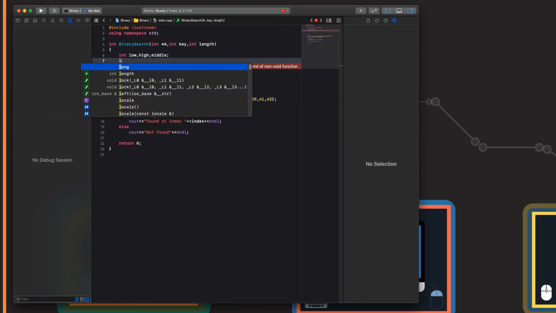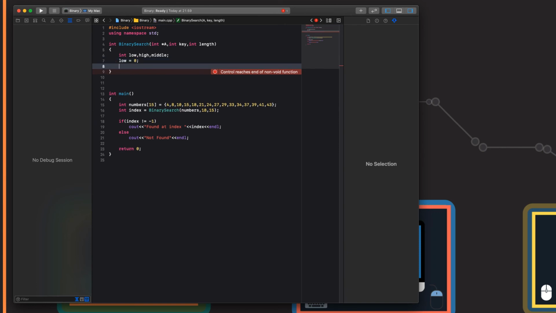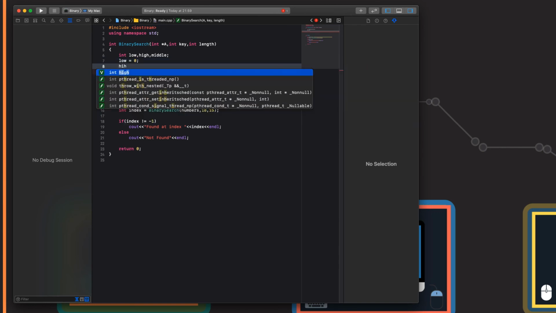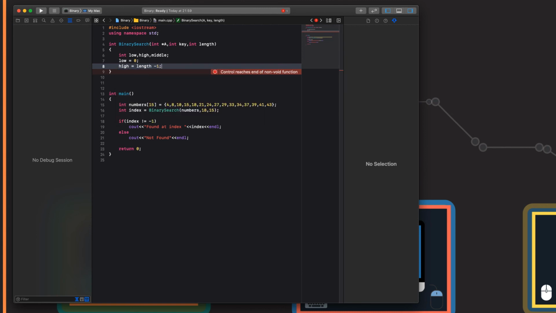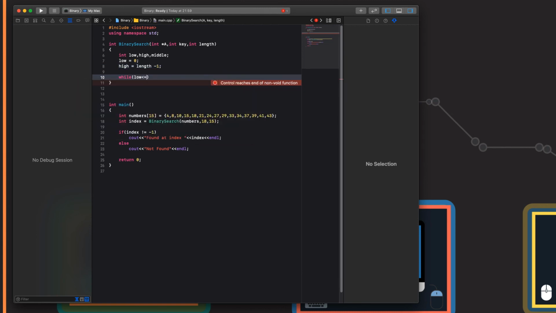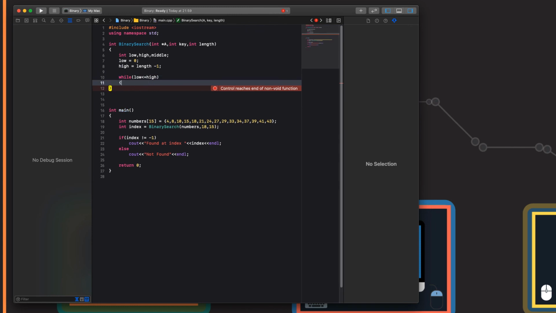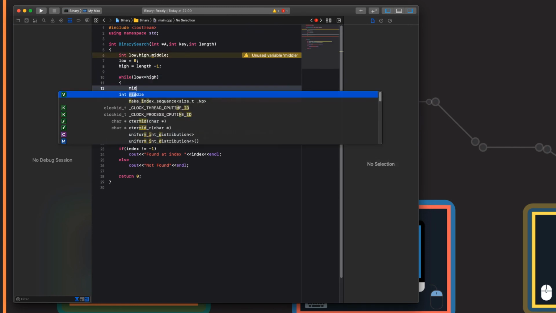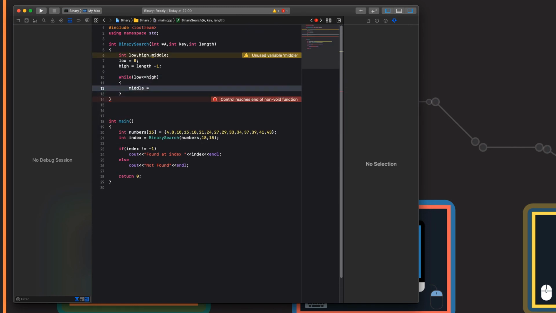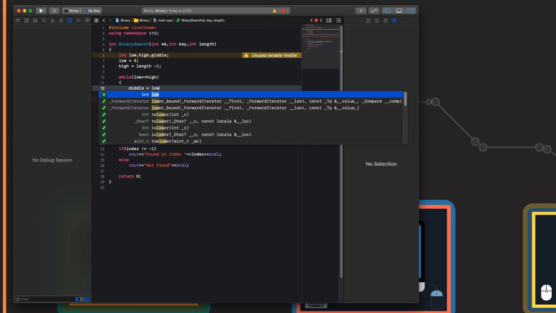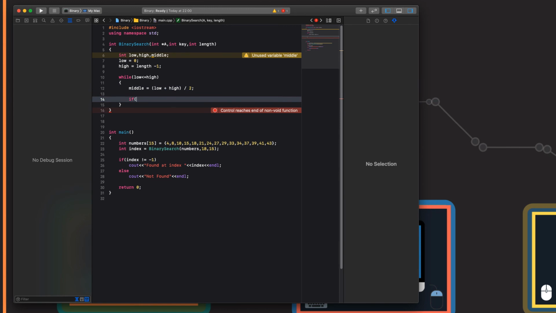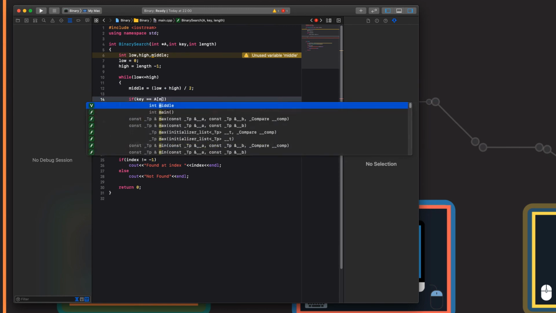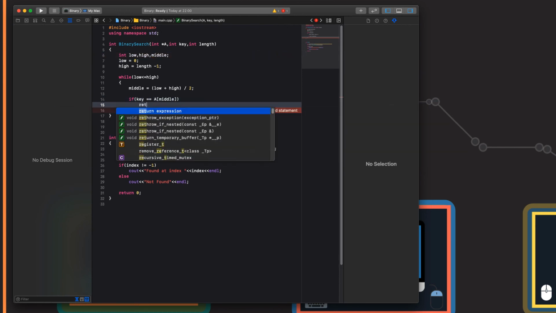Low initially will be 0, and high will initially be length minus 1. And while low is smaller than high, at first we need to calculate the middle variable, which is (low + high) / 2. If key equals a of middle, we will just return